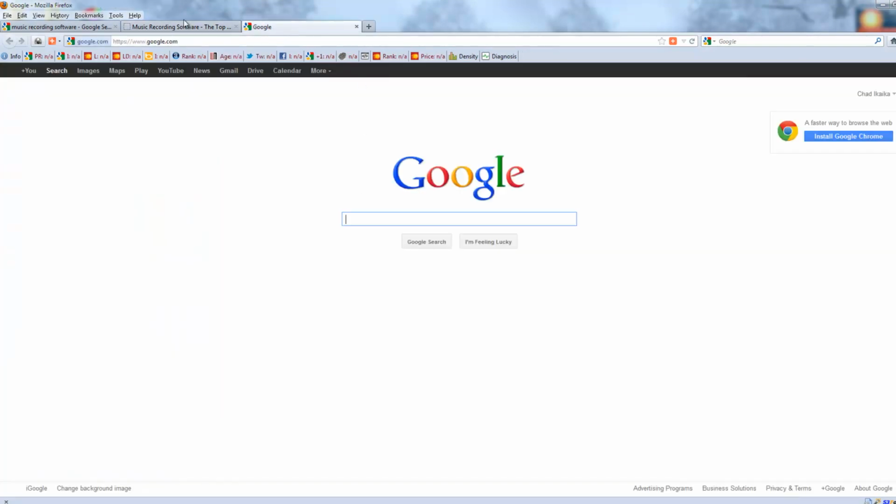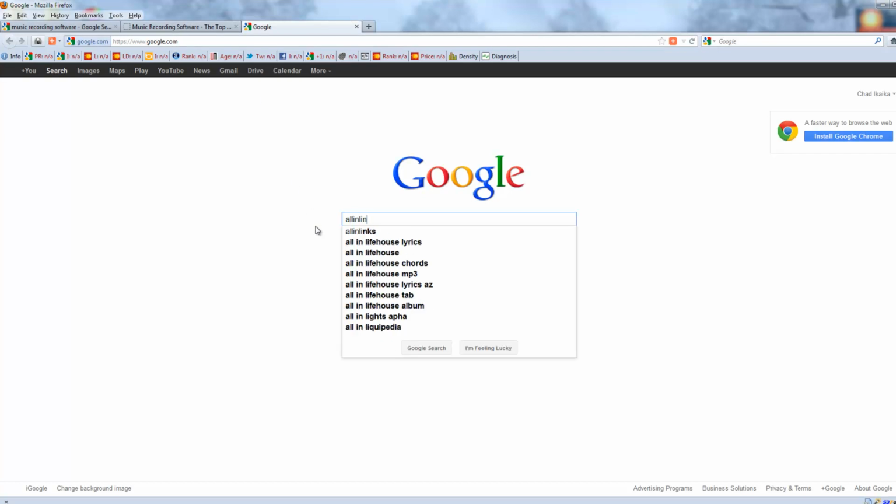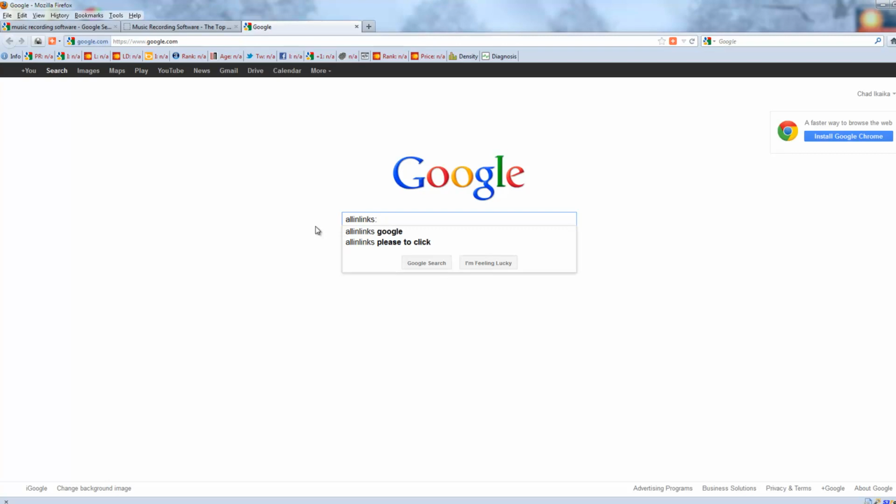Now we're going to go to Google in our other tab and type "allinlinks:". You need to do this exactly. There needs to be a space and then quotes. It'll give weird results if you don't do this exactly. So far what we have is allinlinks, a space, and quotes with the URL of our Ma and Pa competitor site. Now we're going to do another space